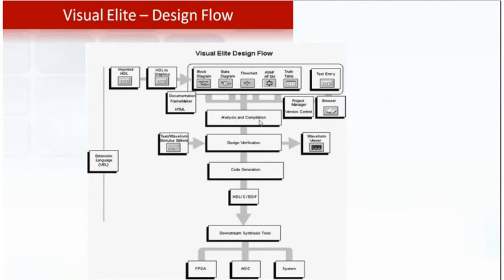Then comes analysis and compilation. Once our design is taken as the input, the initial step is to analyze the input design and compile the particular input file. Once that is done, we go for design verification, the place where we do our simulation. For doing the simulation, there are 3 different types of inputs for forcing the inputs. One is text, nothing but a textual test bench that can be written and used for simulating our design. The other thing is test bench waveform.